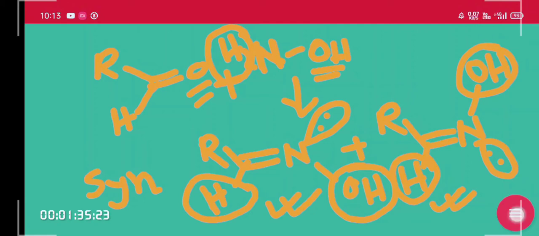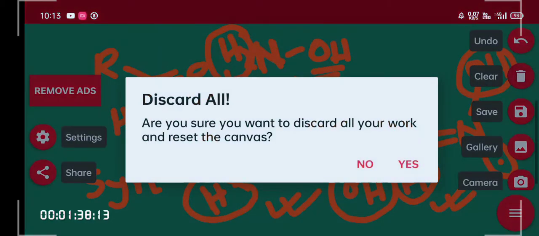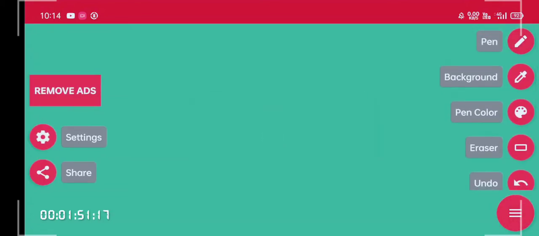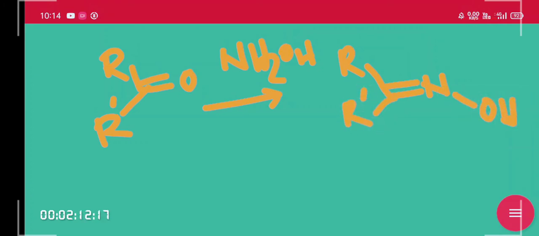Okay. Now for ketoxime. As it is formed from an aldehyde, it was called aldoxime. Now if we do the same for a ketone, it will be called ketoxime. Let's take a ketone, say R-C double bond O-R prime. Then do the same with NH2OH. Then the product will be R-C double bond N-OH, R prime, or